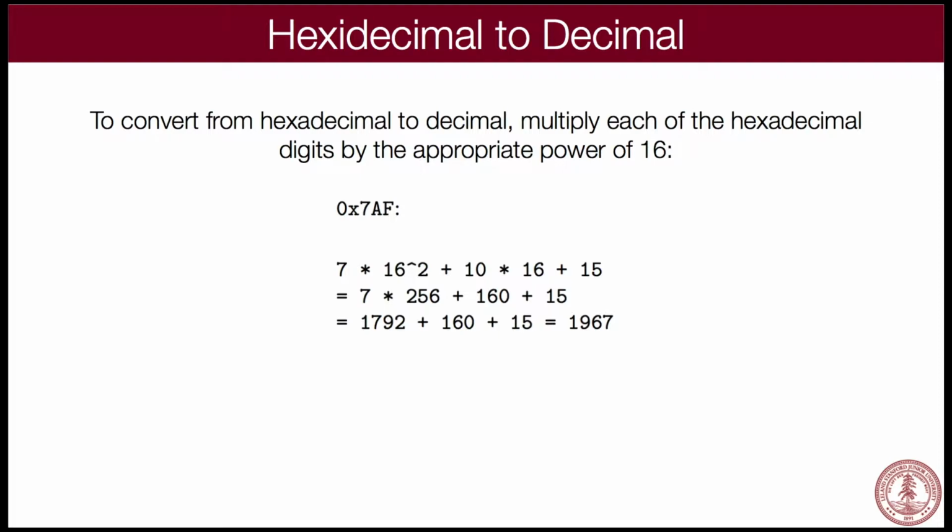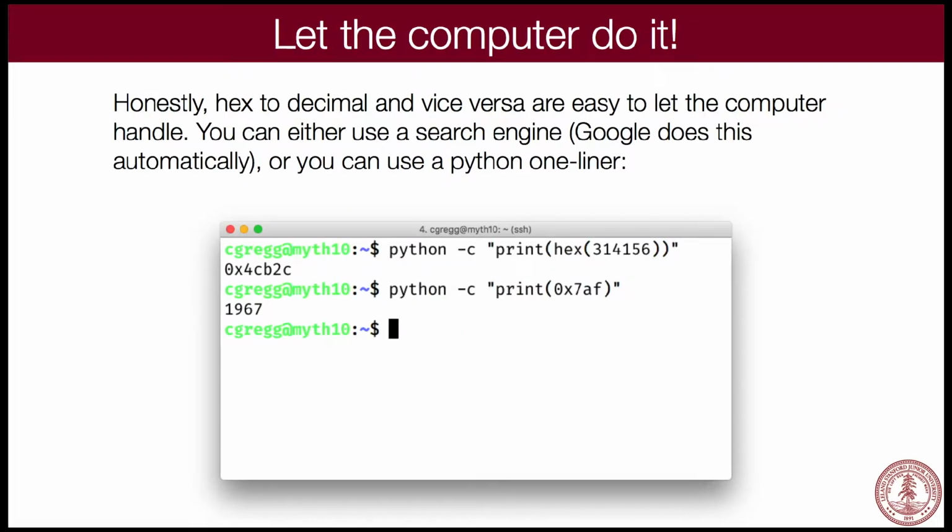Now, the reason I'm flying through these is because, again, I'm not going to ask you to do any of this, and nobody's ever going to ask you to do this because computers do it very easily. And if you want to do some conversions, write a one-liner in Python, or just go to a website and convert from hex to decimal. Okay, it's that easy to do.